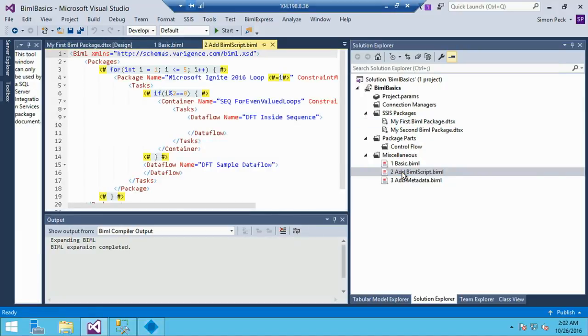Next, we need to add our first ingredient to our BIML, which is BIML script. So in this piece of BIML script here, we've got a for loop container written in C#. The little bracket with the hash there, that's what's called a code nugget. The code nugget is similar to what classic ASP is to HTML. It's going to use a scripting language to then iterate over the BIML and expand that out. So what we're going to see here is,